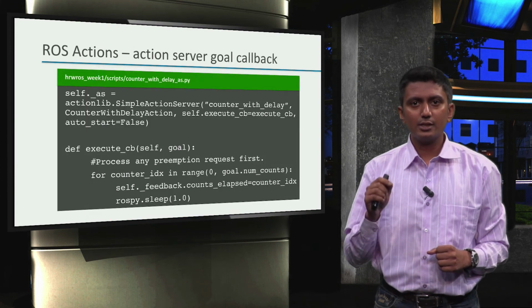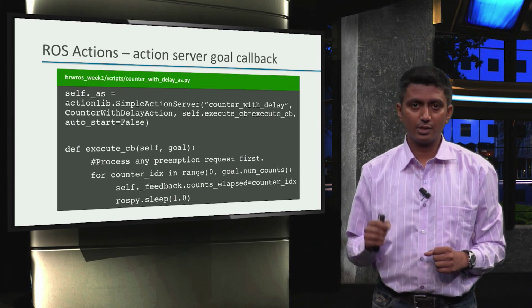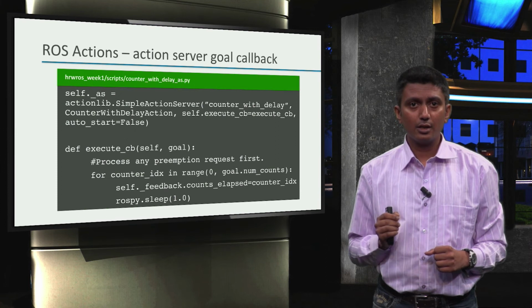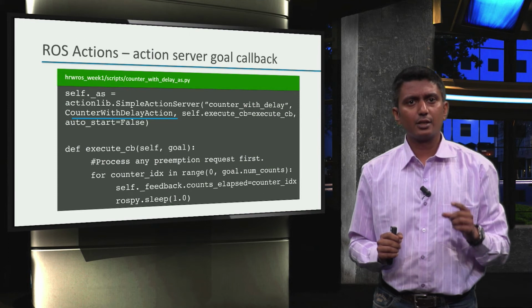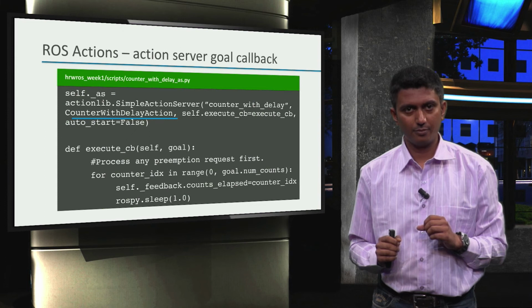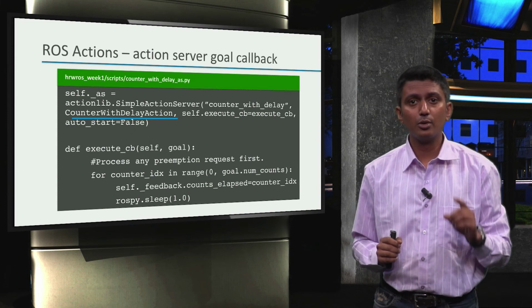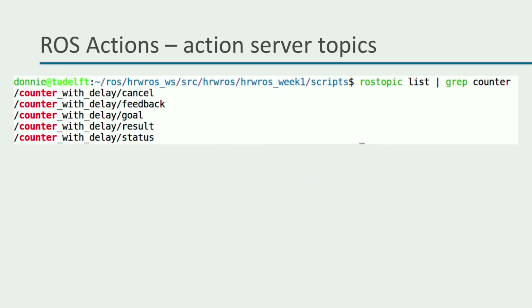And a quick sneak peek into the action server code snippet, where we see the action server initialization here and the goal callback here. And here too, we see that the action server type is the CounterWithDelayAction type. We will understand these code snippets in more detail in the code illustration in the following video. But what is important here is to understand that the action server publishes 4 topics. While the names of these topics are quite intuitive, let's understand 2 important things.